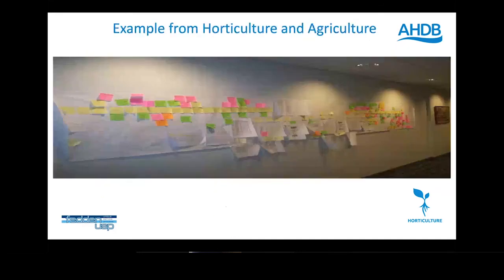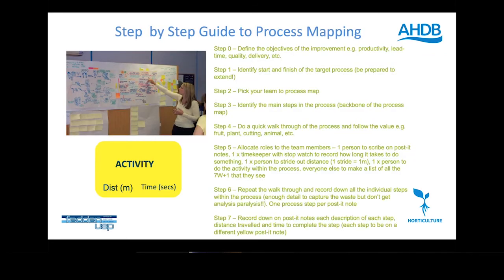So that's just an example of an end-to-end process map. That's quite a large example, but hopefully what it demonstrates is the start to finish of the process and how this is like a working document. It's a live document that you get several people involved in populating so that you can capture as many ideas as possible from the people that work within the process. So step by step,